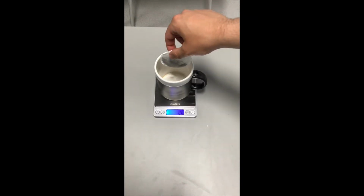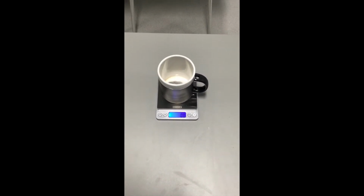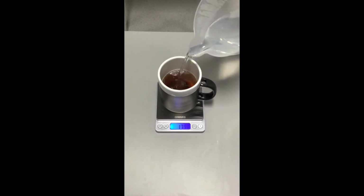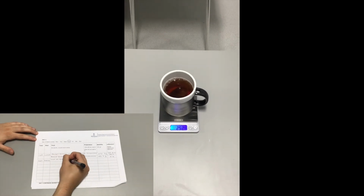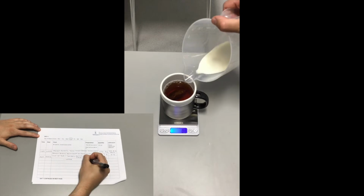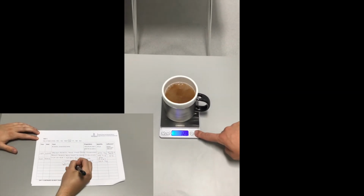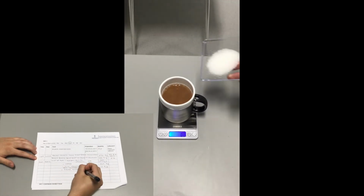When making hot drinks, place the mug on the scales and tare the weight back to 0.0 grams before adding your first component. Then, tare the weight between adding each component of the drink and record the new weight each time in the diary. We understand that there may be times when you don't have time to weigh out a hot drink, so if this is not possible, then we recommend using household measures such as a teaspoon or half a cup in the quantity section of the diary, but please try to be as thorough as possible with the